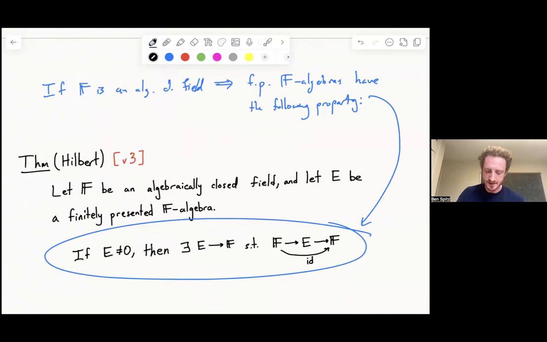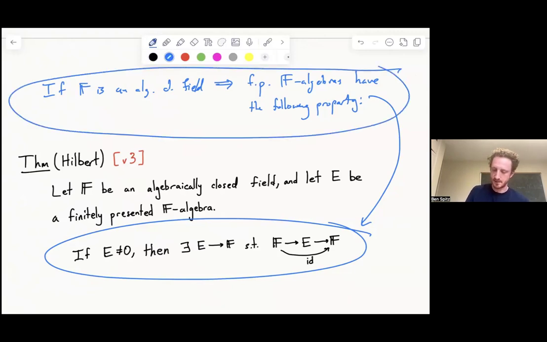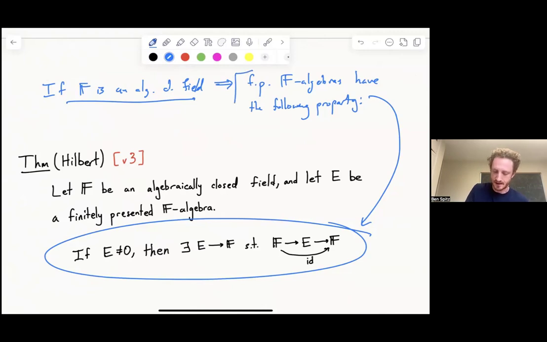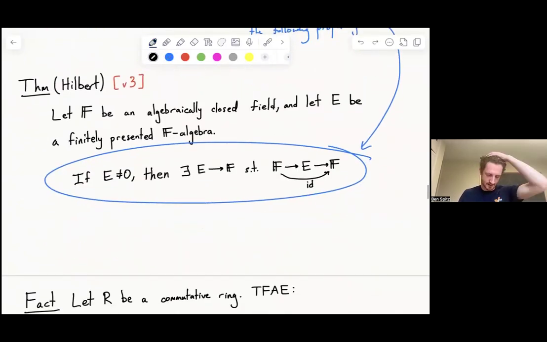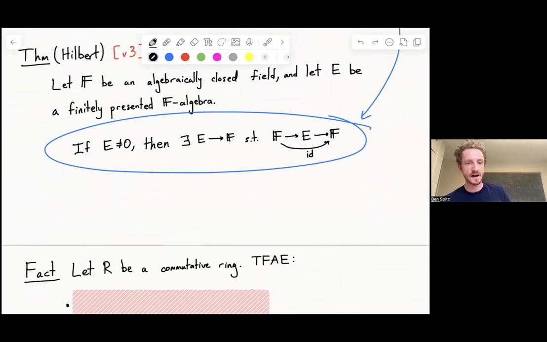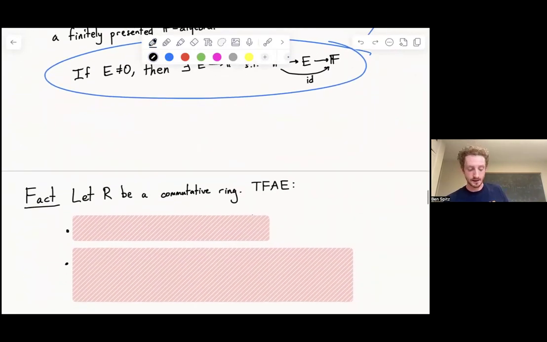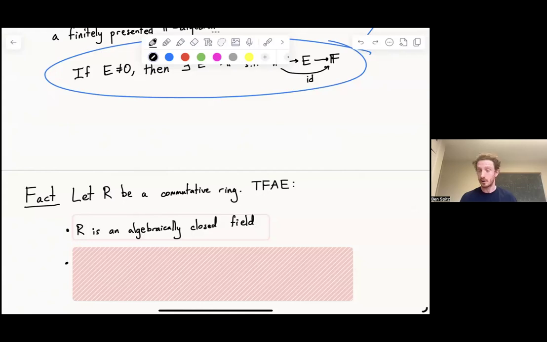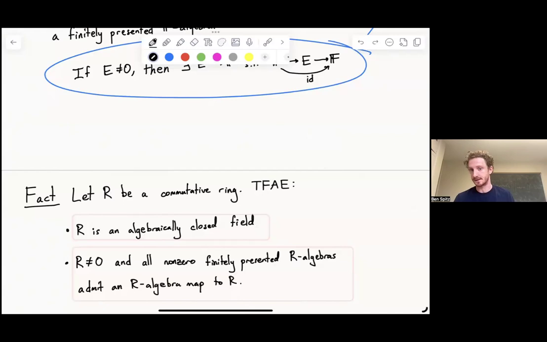And the interesting thing is that this implication, if F is an algebraically closed field, then this happens, is reversible. This actually turns out to be a biconditional. And so this was, I'm not actually sure who this is due to originally, but it's exposited really nicely in the work of Burklund-Schlank-Yuan. If I have any commutative ring R, then here are two equivalent conditions. Condition 1, R is an algebraically closed field. And condition 2, the conclusion of the Nullstellensatz holds. So we know this implication, that's the Nullstellensatz.